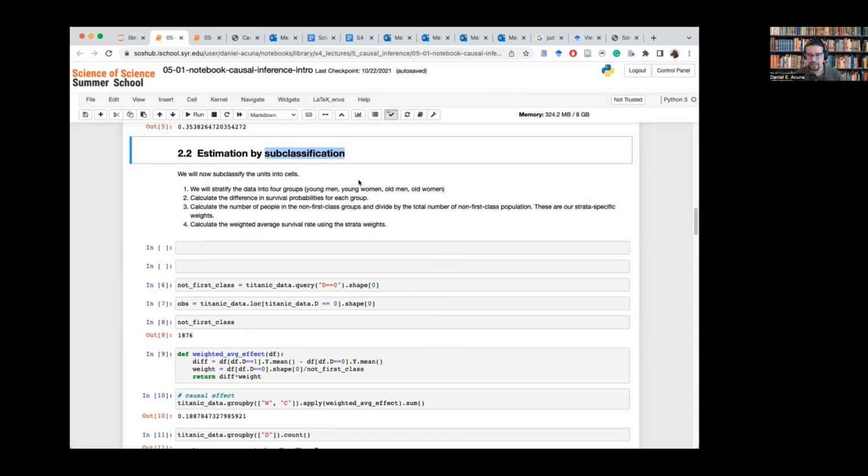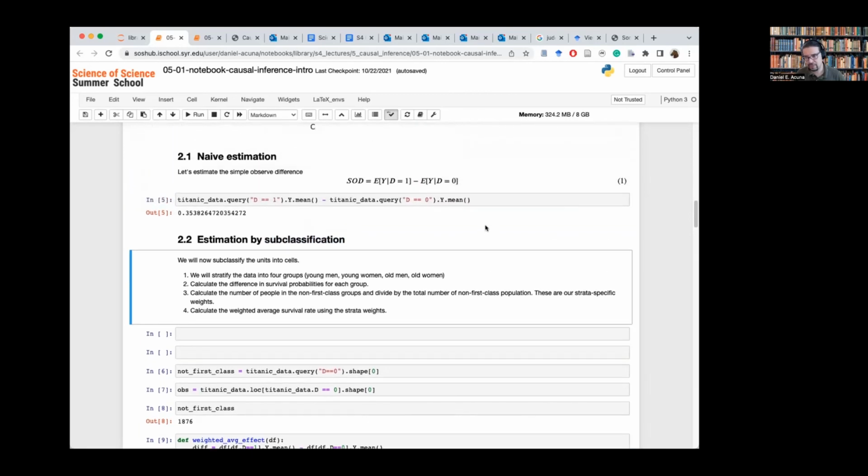Now, I will say that subclassification is generally something that we don't use these days because it's too strict. We need to have exactly the same values. So in this case, we could, because we have binary variables. We have woman, not woman, children, not children, but usually you have continuous